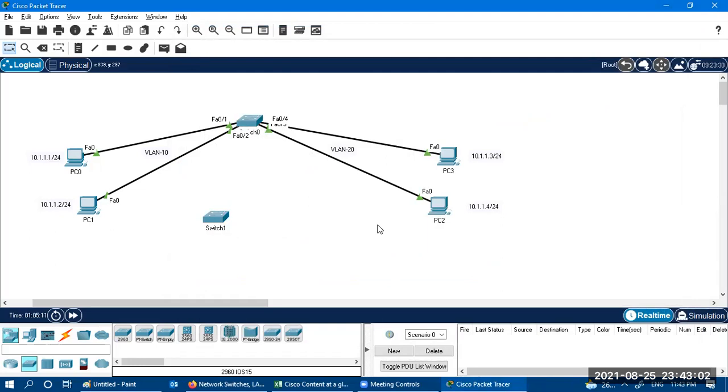Because if you talk about the perspective of an organization, one department is the IT department, and another one is the HR department. So if you define the VLAN, they both are not able to communicate with each other. But in a live scenario, that does not exactly happen. So here we have to create communication between them. Whenever we want to make communication between two different VLANs, we require a layer 3 device.